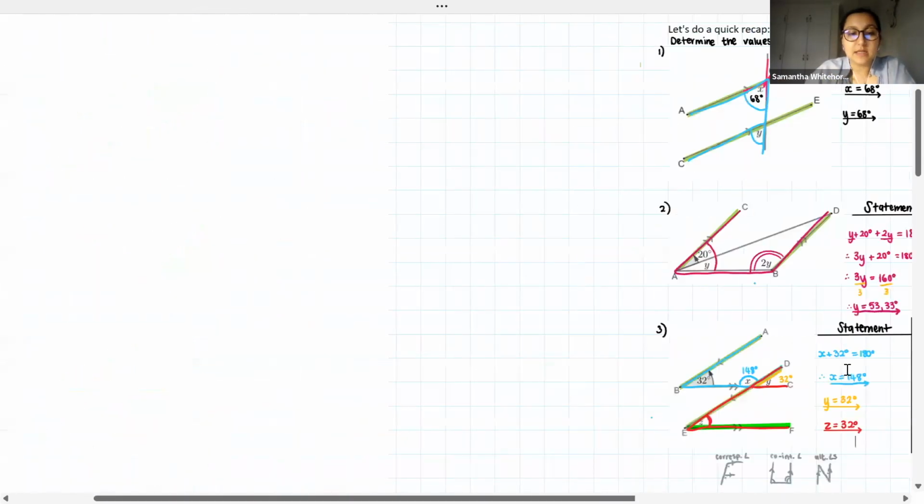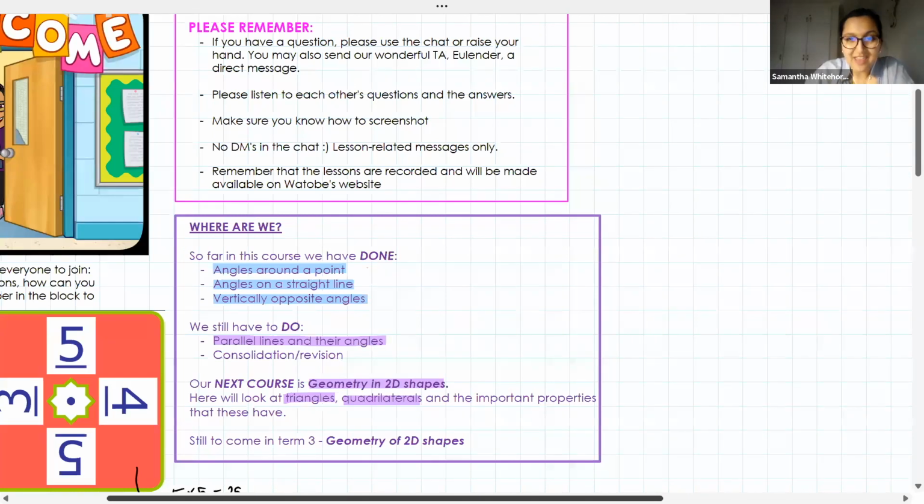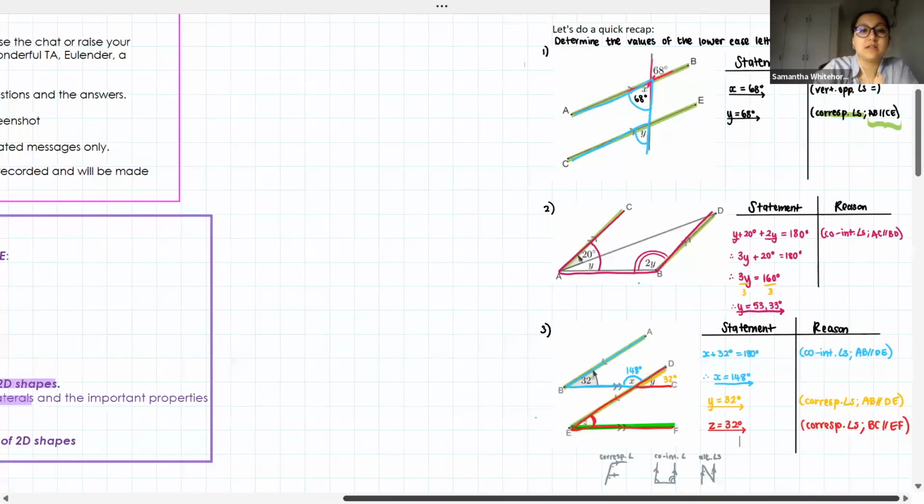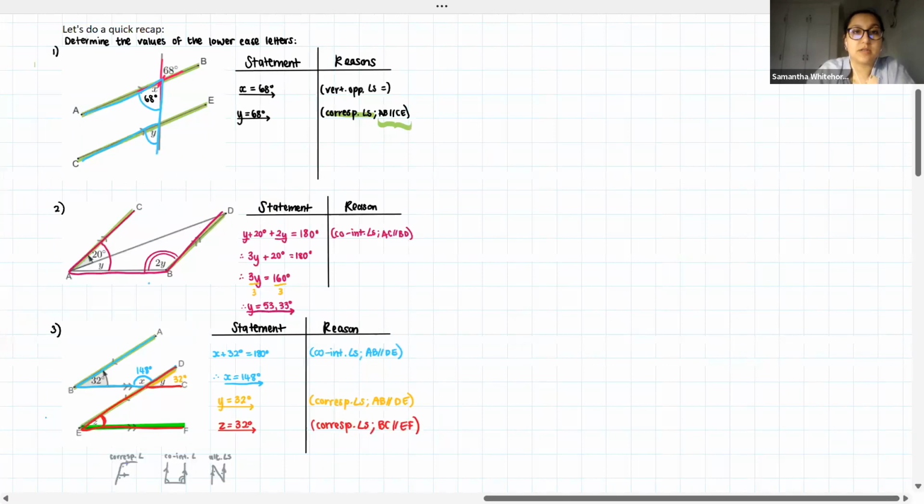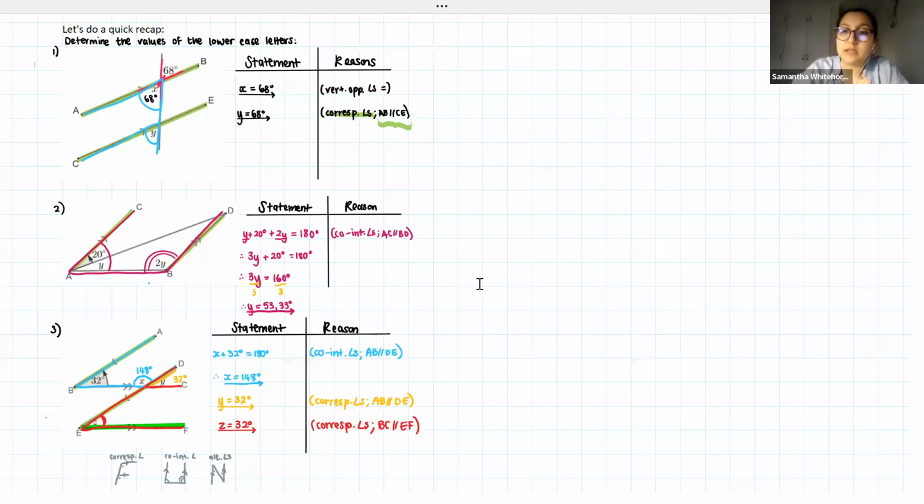But guys, that is the same. That is essentially parallel lines, right? Looking at corresponding, co-interior, alternate angles, all of those things that we need to be able to apply. So this was just a bit of a recap. I know it's taken half the lesson, but some of these questions were a bit tricky. But now we're going to have a look at some more questions in order to be able to deal with